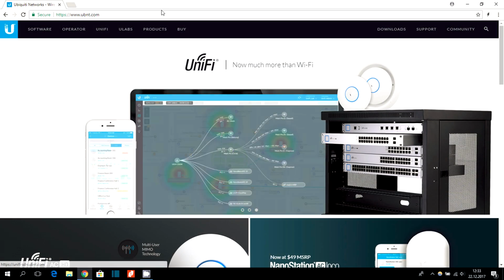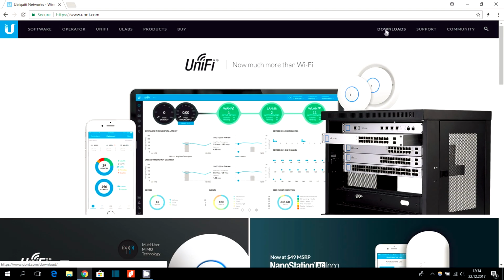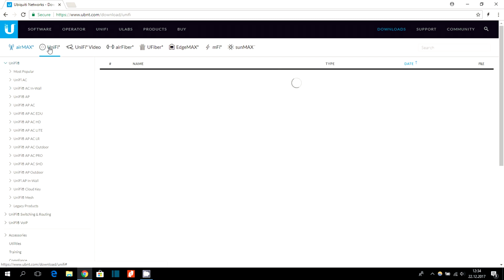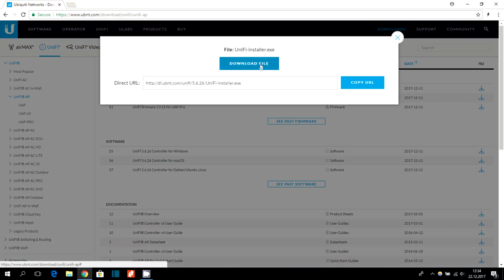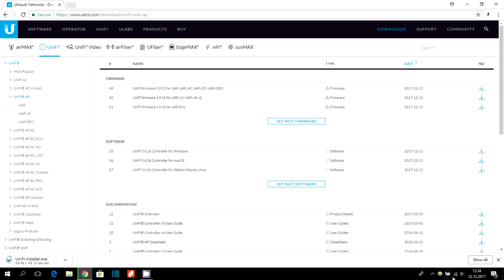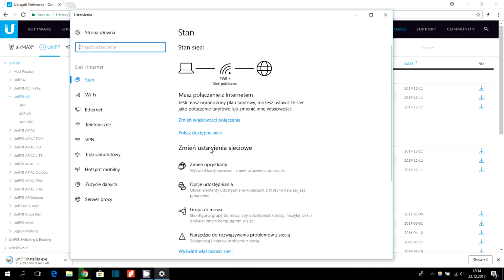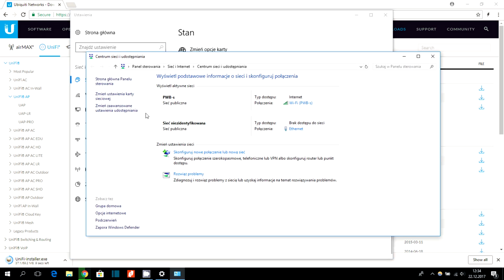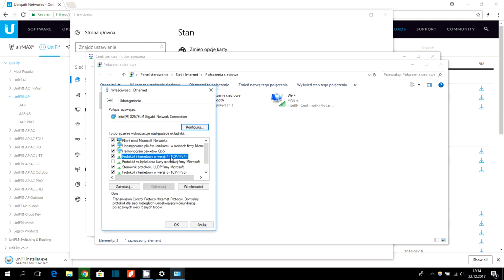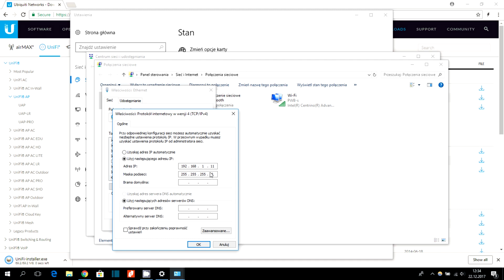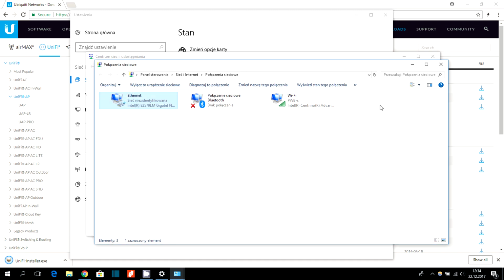Okay, to start with, we go to the official website of Ubiquiti, click downloads, then UniFi UAP, and choose the proper UniFi controller software for your operating system and download the file. It is also important to have an IP set on your network card, so click here, then scroll a little bit, click here, right mouse button here, properties, double click right here and type in these numbers. Okay,